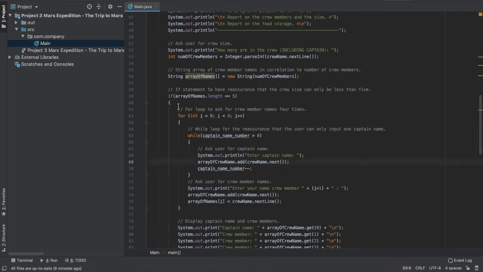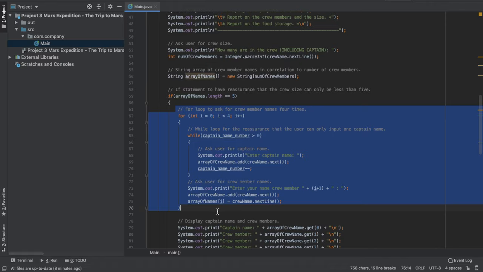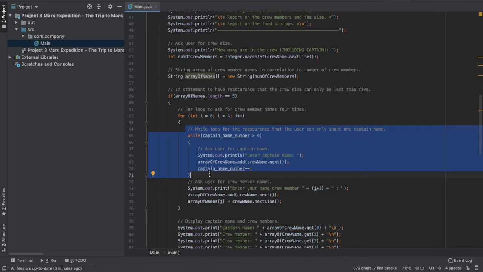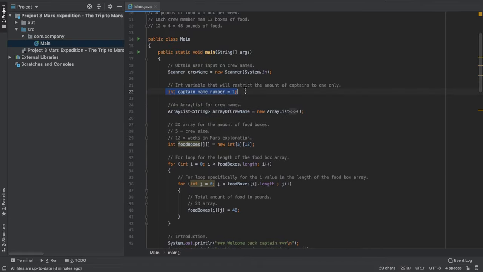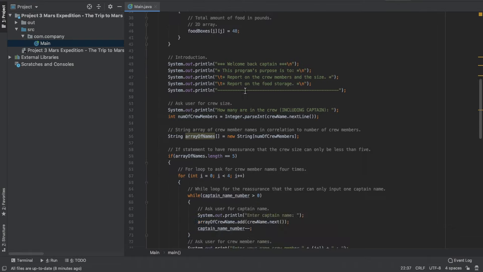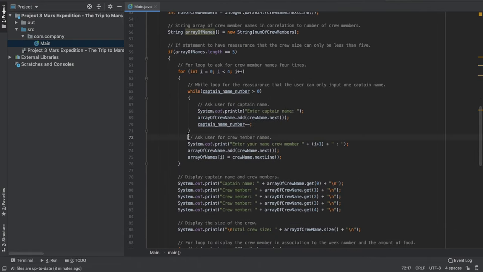And then from here is a for loop designed to gather the right amount of crew member names plus the captain. Over here you have the while statement for the captain itself. So it'll only ask for one captain name, with the variable int captain name number equal 1. And then over here you have the for loop asking for 4 crew member names,